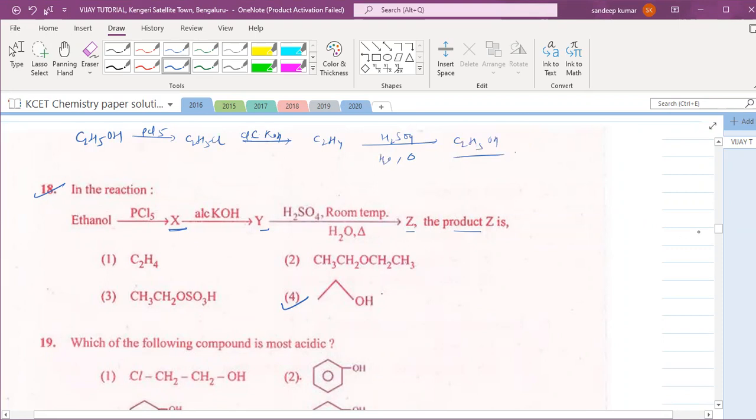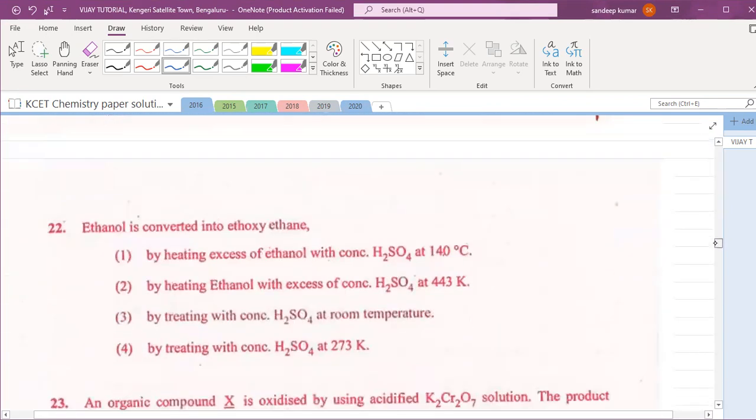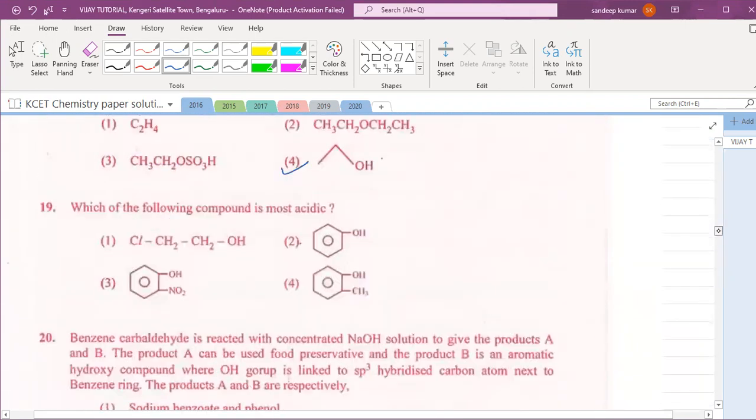Am I clear? Now, which of the following is most acidic? You should remember that acidity is directly proportional to the magnitude of positive charge, because an acid is a lone pair acceptor. You can see here a minus I group is there. A minus I group means a positive charge is developed here and here. So here a positive charge is developed, and it is very close, as the adjacent carbon has the NO2 group. Here there is no such group. This is a minus I group; this is a plus I group, which means what?